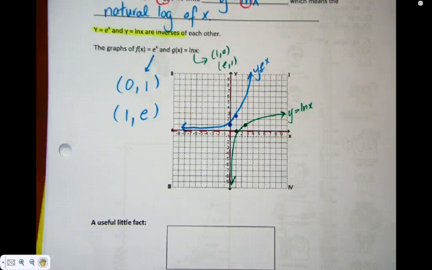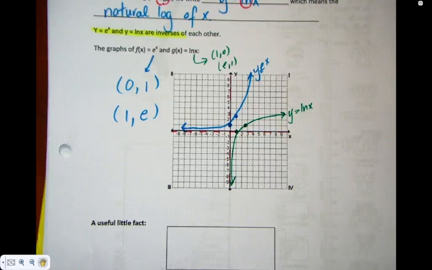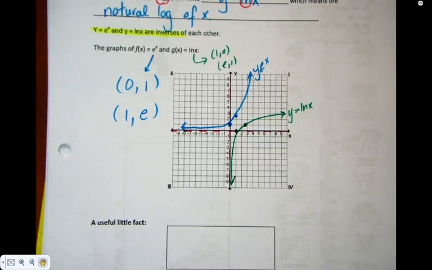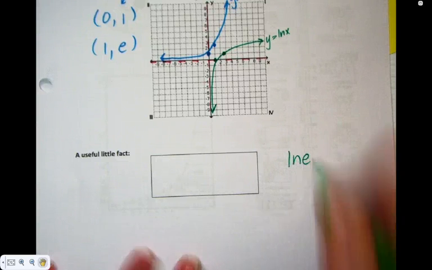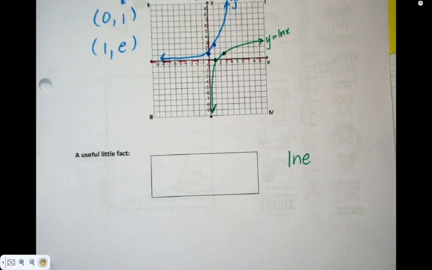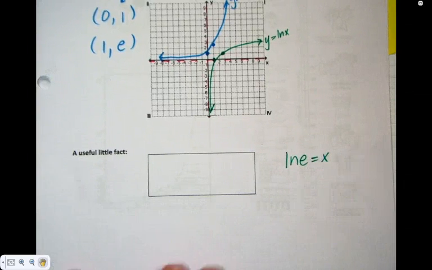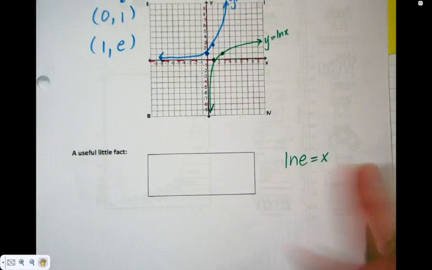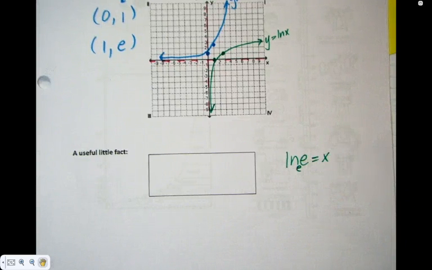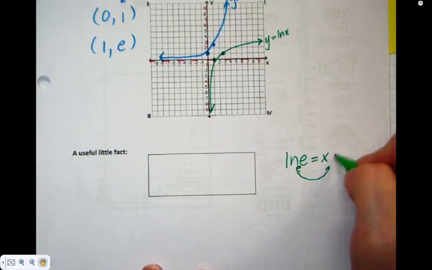Oh, a very useful fact. Just follow me here. Imagine I want to calculate the natural log of e. I want to know what that's equal to. So I don't know what it's equal to right now, so I'm going to make it equal to x so we can figure it out. What's the base here that we don't see? What's the base of a natural log? It's e. So I got a little e tucked in there because that's what a natural log means, base of e. So it's going to come over, bump the x up.